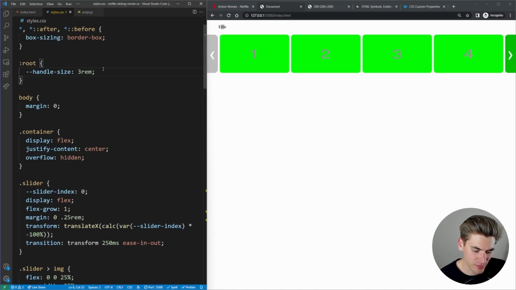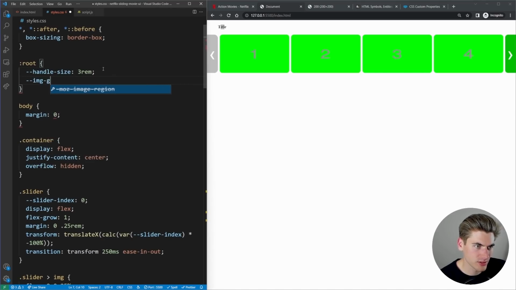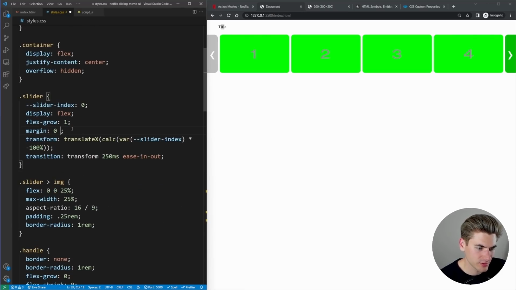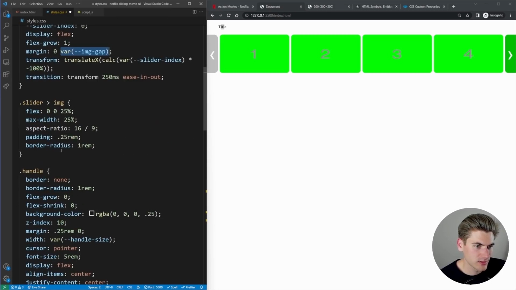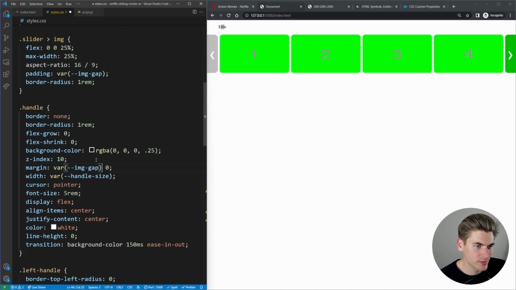It also needs to have, let's just say this is going to be our image gap, 0.25 rem. Because we use this variable also in a lot of places. So right here is our image gap. Right here is our image gap. Here is our image gap.